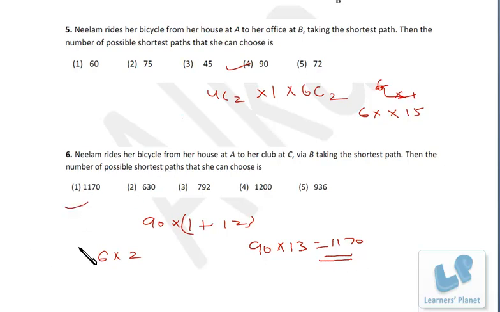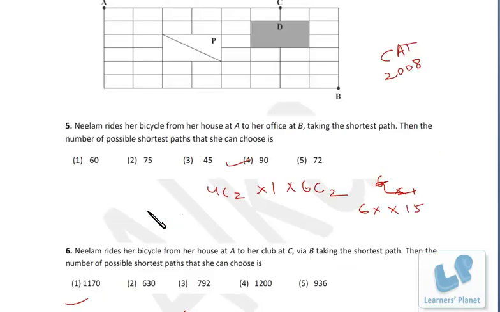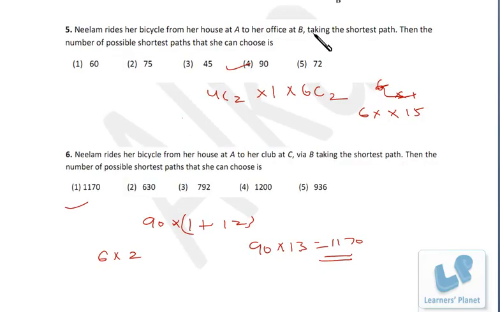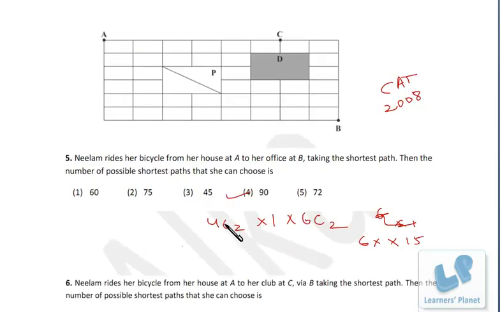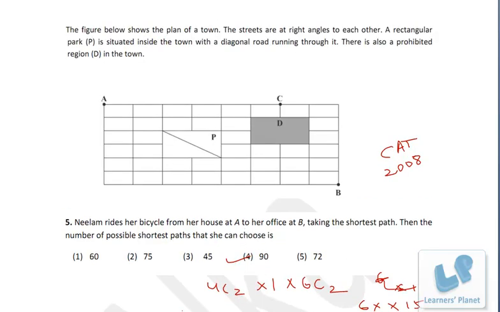Apart from that, if you have already got this answer, 90 will be the number of shortest ways from A to B, and some other number will be multiplied. So your answer must definitely be a multiple of 90, right? So we have options this and this. Obviously 630 cannot be the correct answer, because we can see more than 7 ways from B to C. So that's something more than that, and only one option is left with us, that's 1170. And the procedure I have already mentioned. I hope you are clear with the problem of shortest path now.